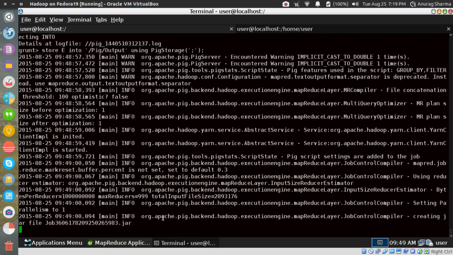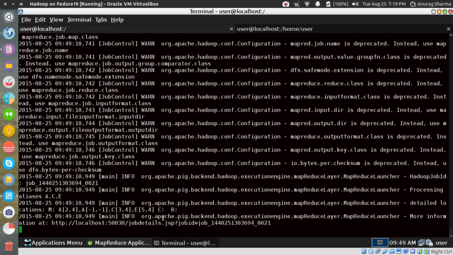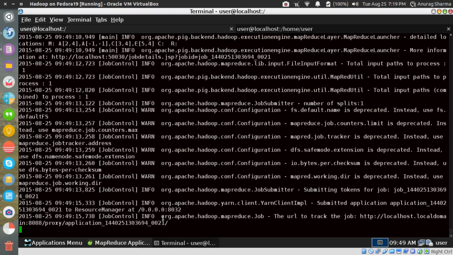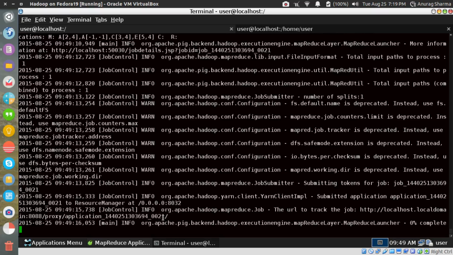So now it is again showing me the console wherein it would run a MapReduce job for me. So basically what is E?